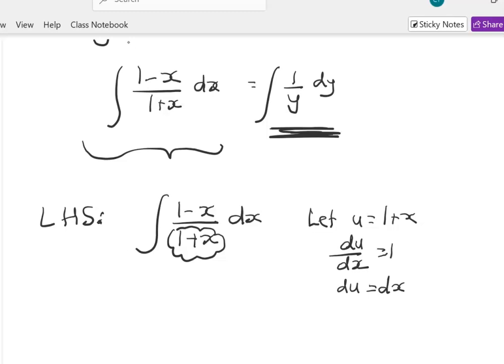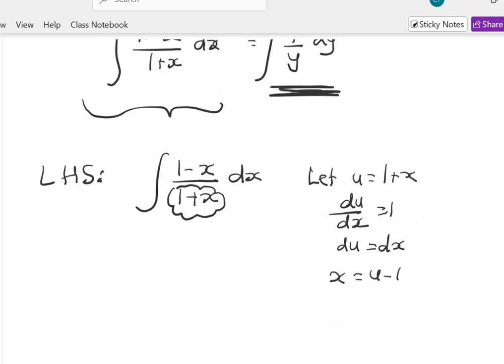Right, we now have to work on that 1 minus x. So u is equal to 1 plus x. That means that x is equal to u minus 1. Our goal is to get an expression for 1 minus x. So negative x is equal to 1 minus u, and then 1 minus x is going to be equal to